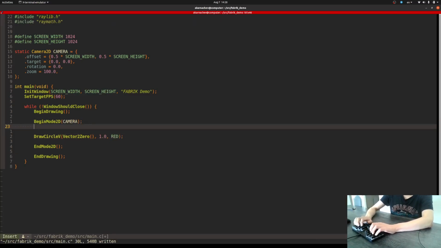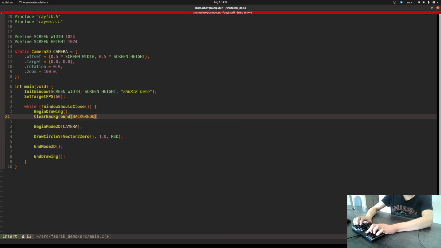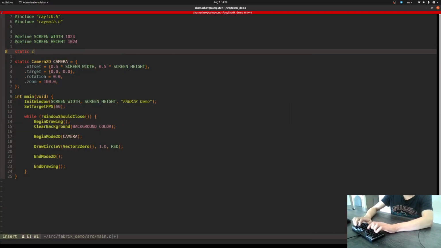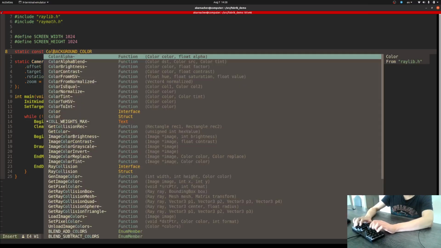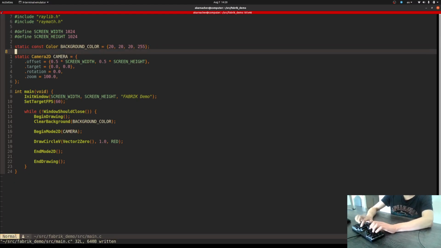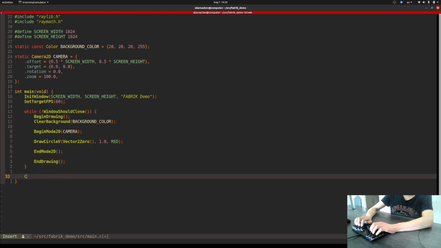And also we need to clear the background, clear background, background color, static const color equals, well, let's set it to some dark mode, 20, 20, 20, 255. Okay, and at the end I will close the window,